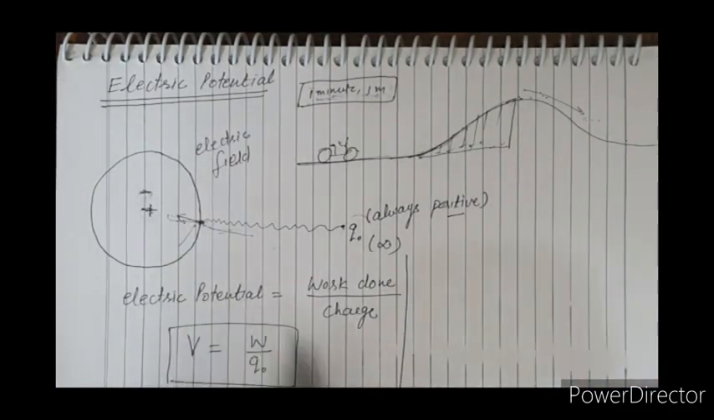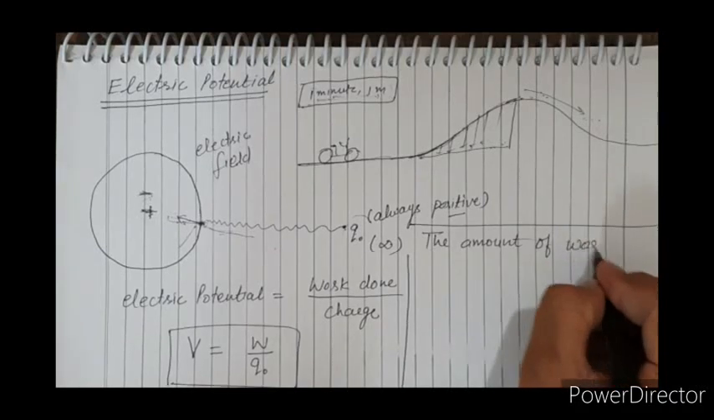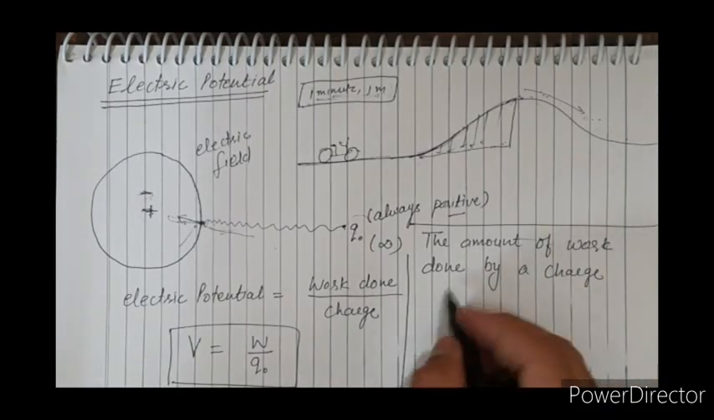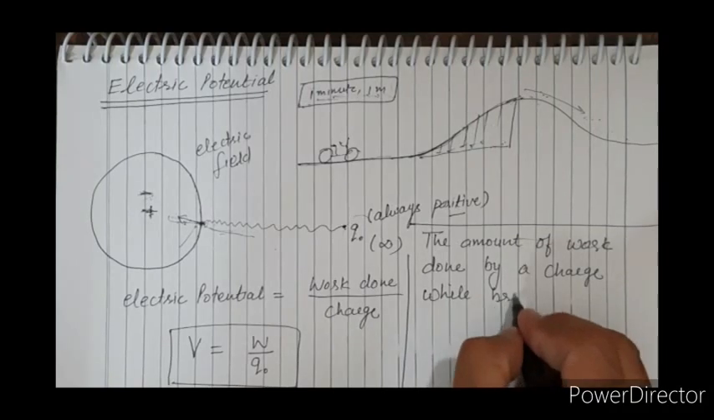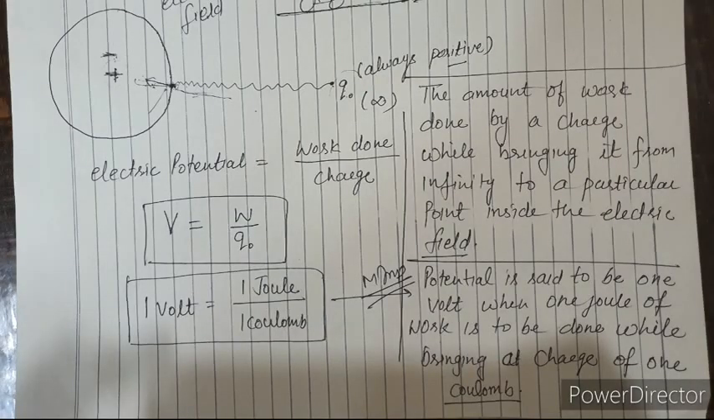So what is electric potential? Electric potential is the amount of work done by a charge while bringing it from infinity to a particular point inside the electric field. Okay, and how to define 1 volt? This potential is said to be 1 volt